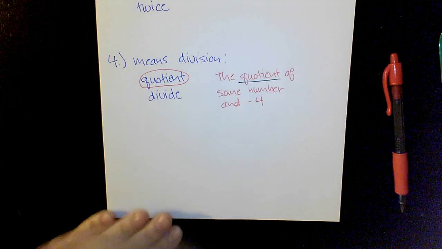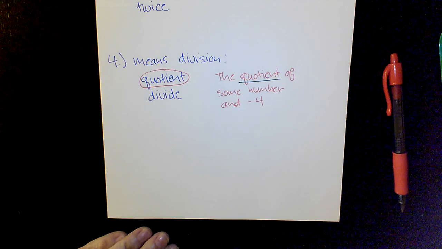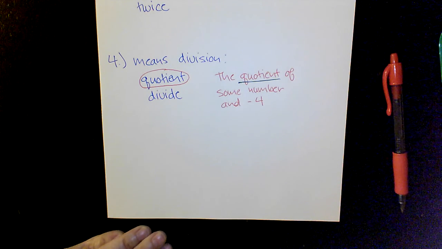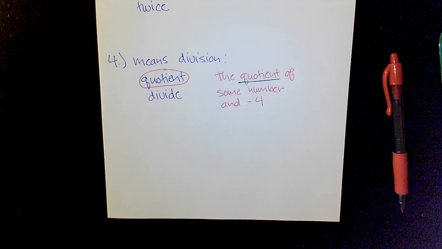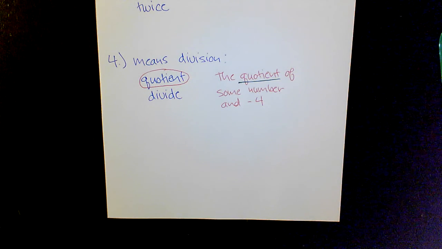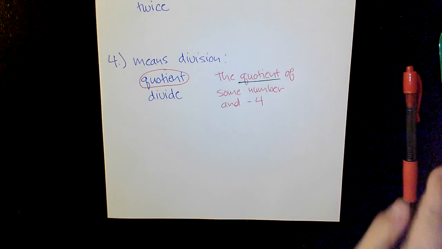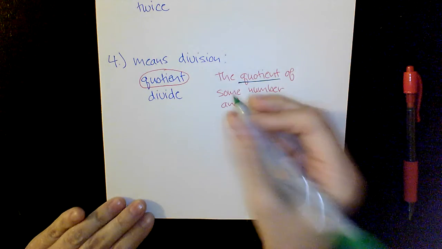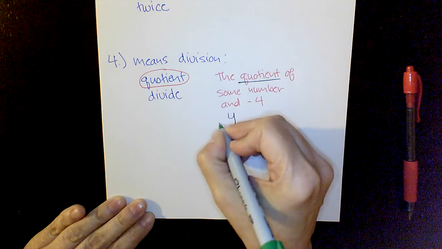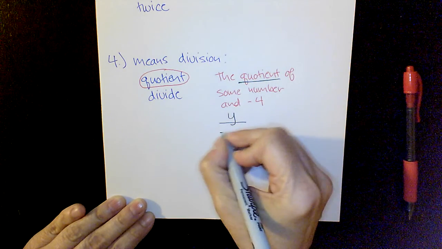So I want to divide some number by -4. Some number, I'll use Y since I used X last time. So Y divided by